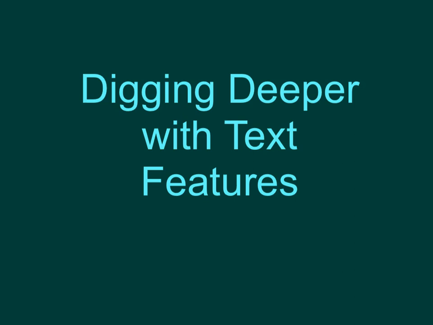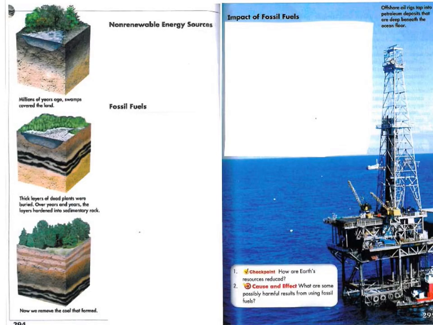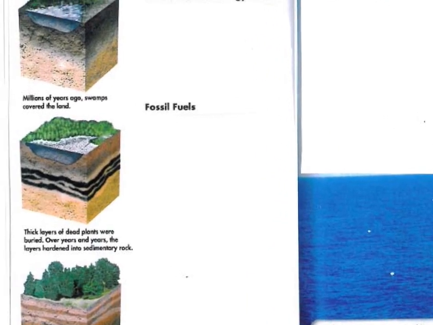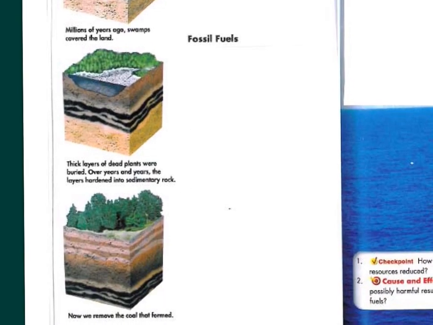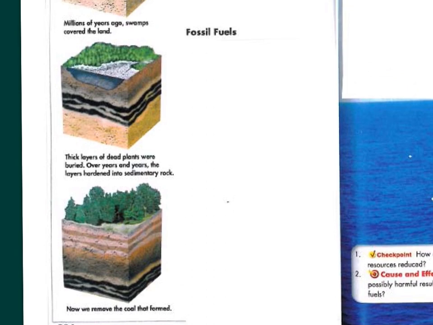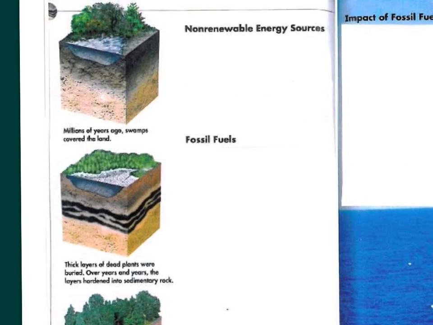Hi boys and girls. Today we're going to be digging deeper into our text using the text features. If you remember the text features part 1 video, we looked at this page where we had taken away the text. If we zoom in and look at some of these text features, we see that there are some pictures here, almost like diagrams because they're the same thing that's changing. And if we read the captions underneath that tells me what's going on, it says,